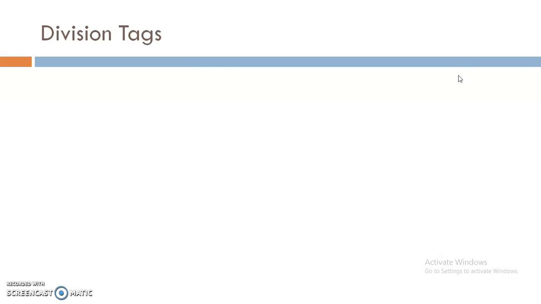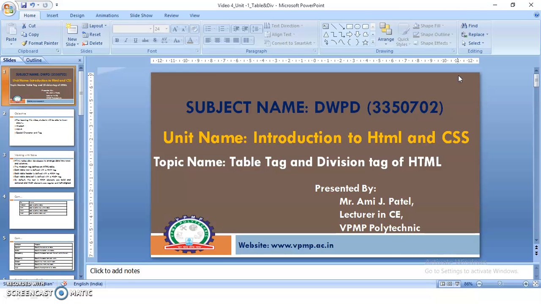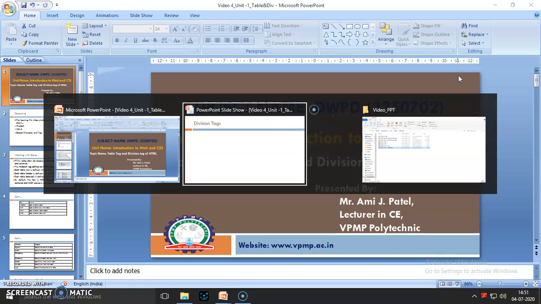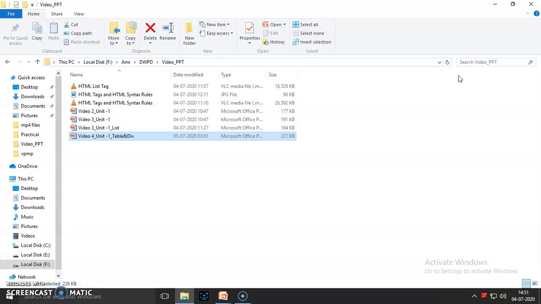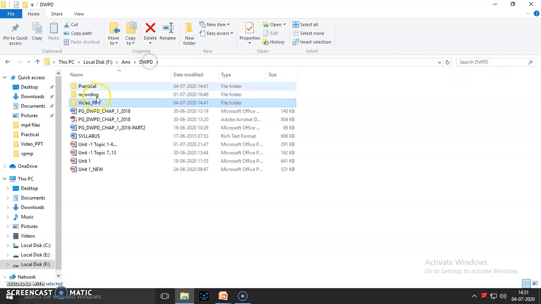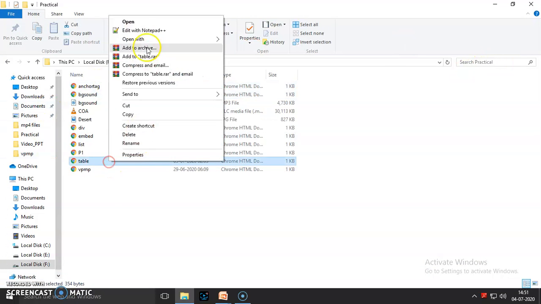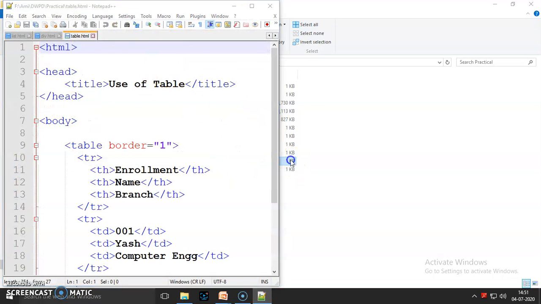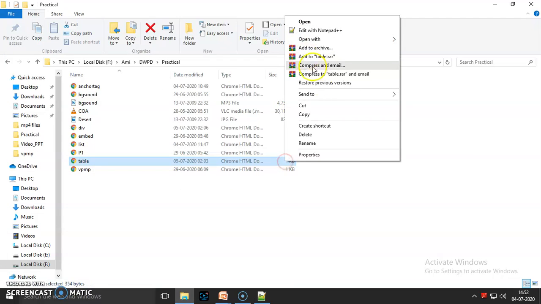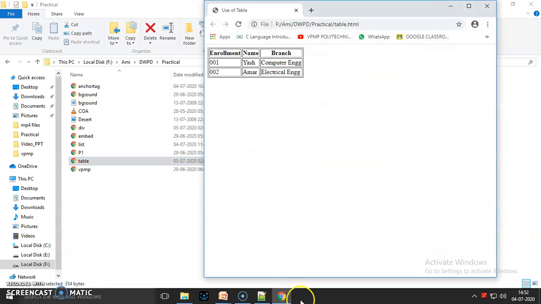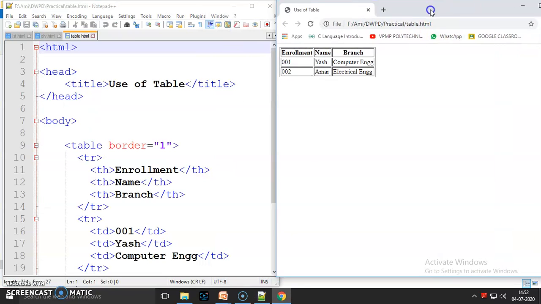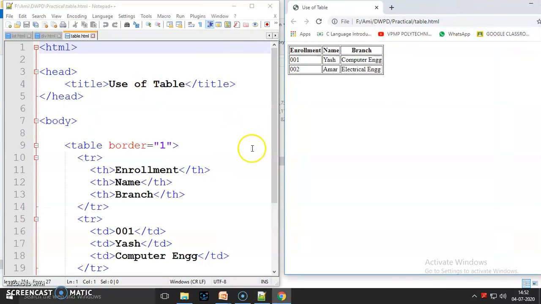Now the practical of the table tag. First of all, open it in Notepad++ and also run this page in a browser. Now compare this coding with the output.